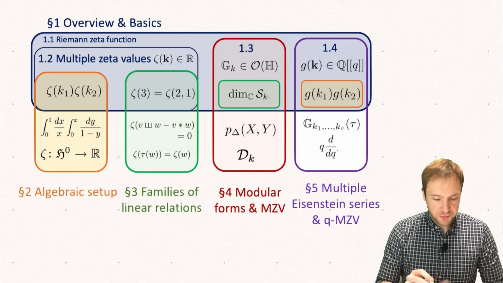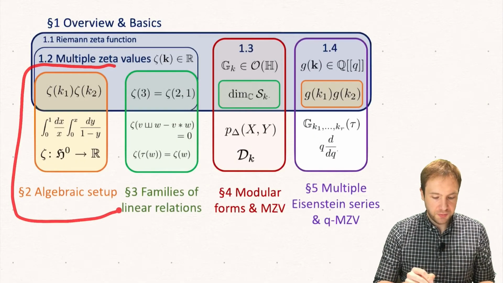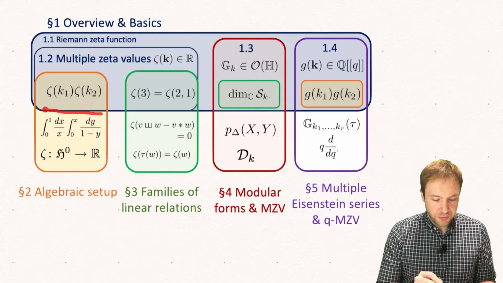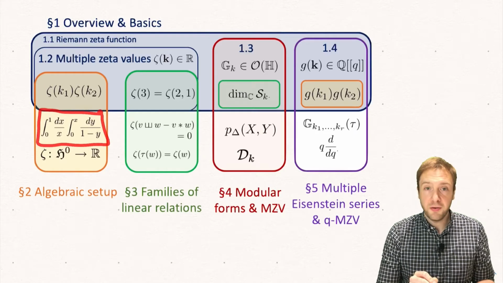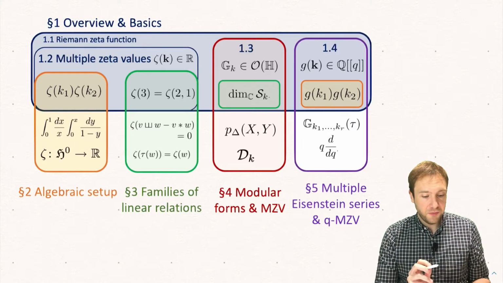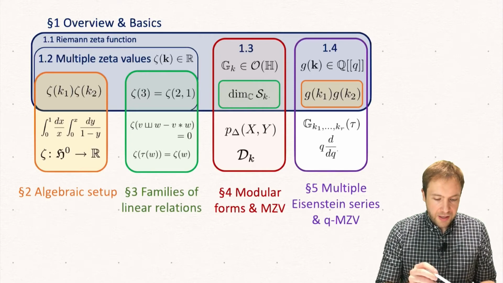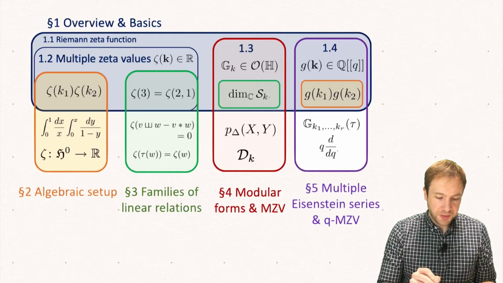So today we want to continue to talk about the algebraic setup of our objects. So here in the overview, last time we started with section number 2, and in this section we talked about iterated integral expressions of multiple zeta values, and we talked about the multiple polylogarithm, and we saw that these products